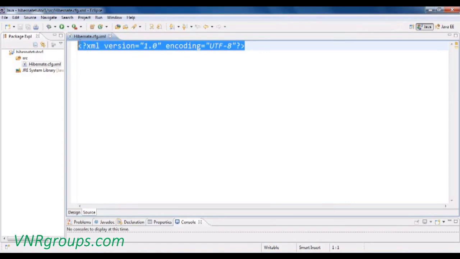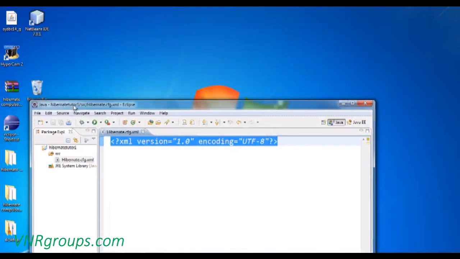Now we have the XML file. We need to write a DTD for the configuration file, so that it can understand that this is the configuration file. Now, where to get the DTD? As we all know, we have to use the Hibernate distribution